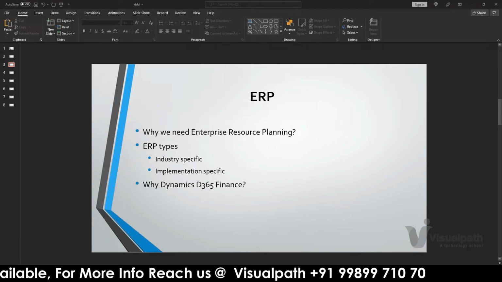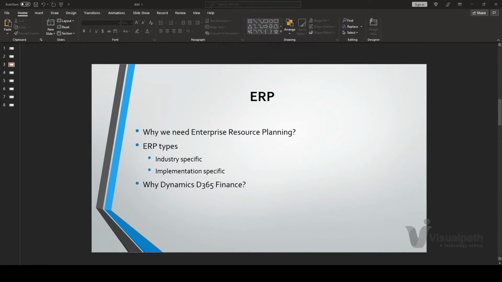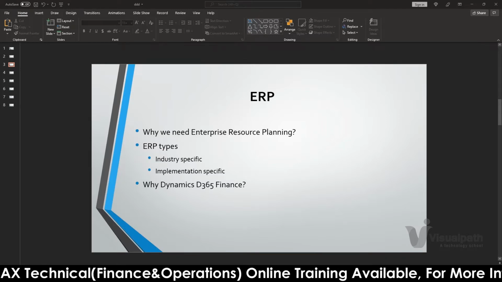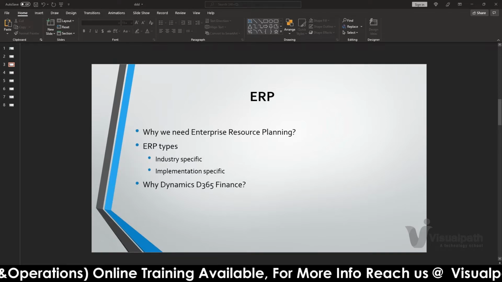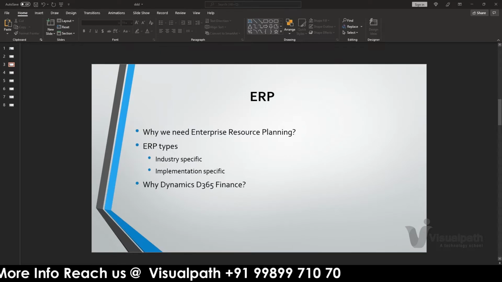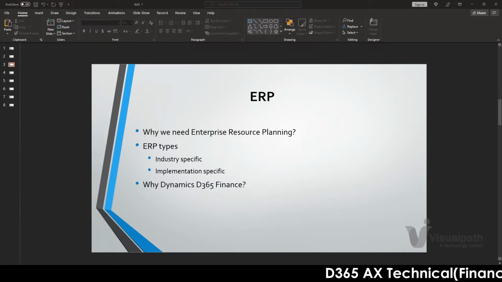It can't be possible using just an Excel tool or a white paper. We cannot track each and every thing if it comes to an organization. That's why we have ERP solutions. There are many kinds of ERP solutions available in the market, and a lot of players provide this kind of service, and this will help us save a lot of time and effort in tracking things.